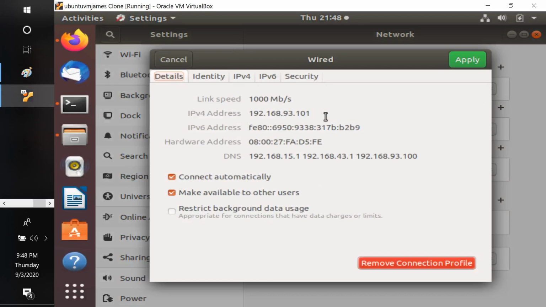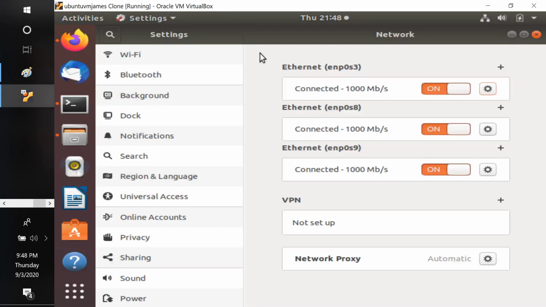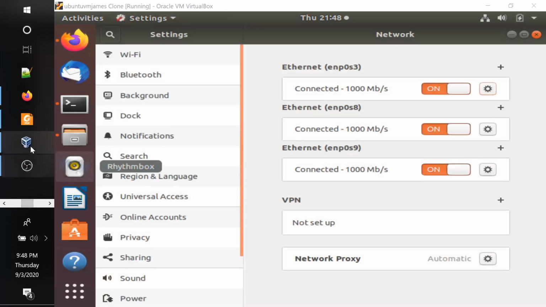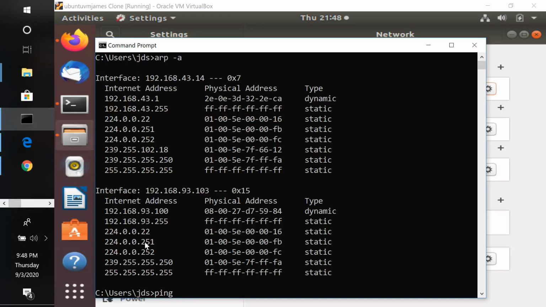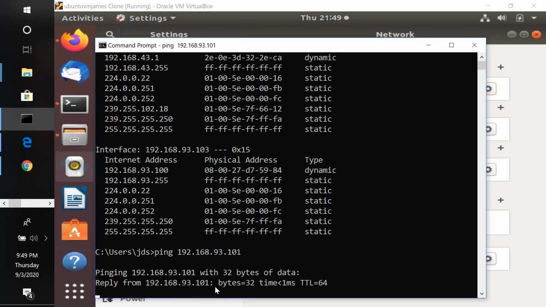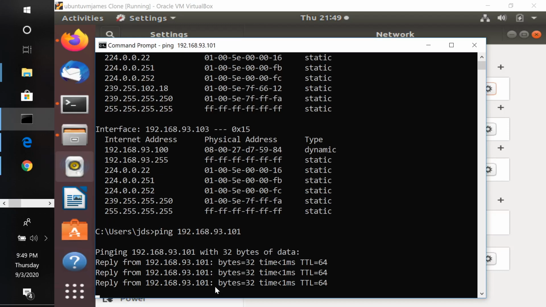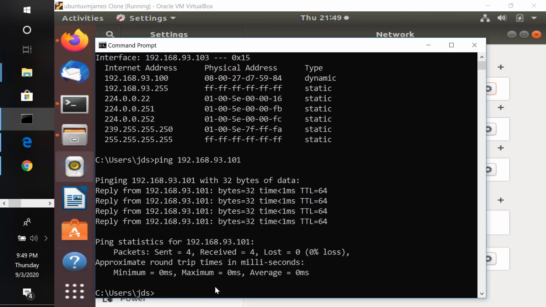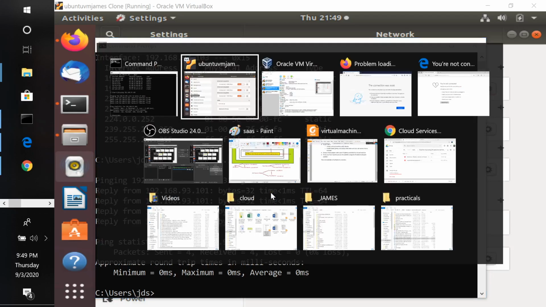Okay, this is 101, and this is 103. I think something has changed. Okay, I'm getting the reply from here, so it's connecting, but